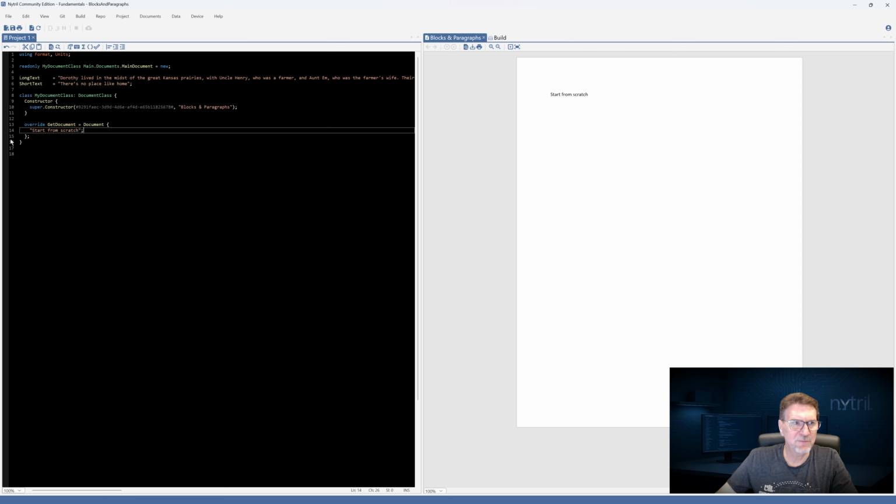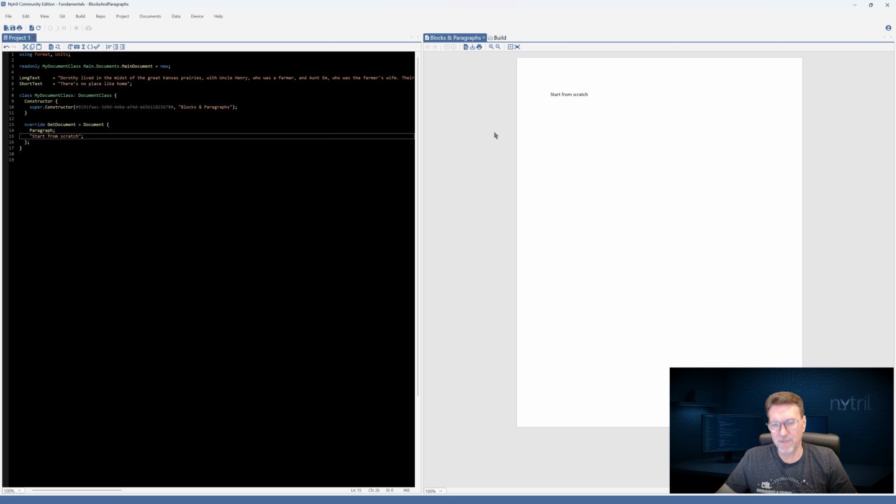First, let's just begin to explore paragraphs. And before I do that, we'll just take a look here. You can see I've got two variables in this document. Otherwise, we're just looking at a normal Scratch document. So first, let's leave that text there, start from scratch. And let's just go right above that and just put paragraph with the semicolon.